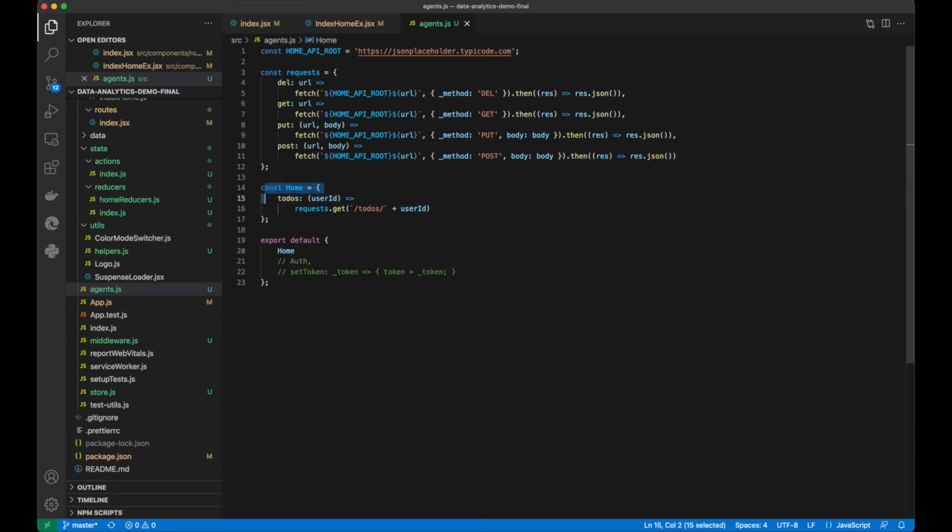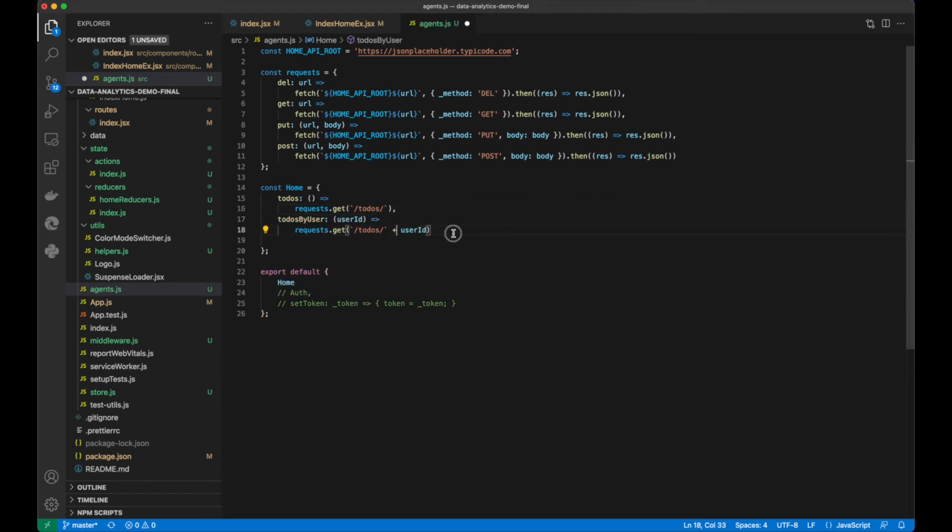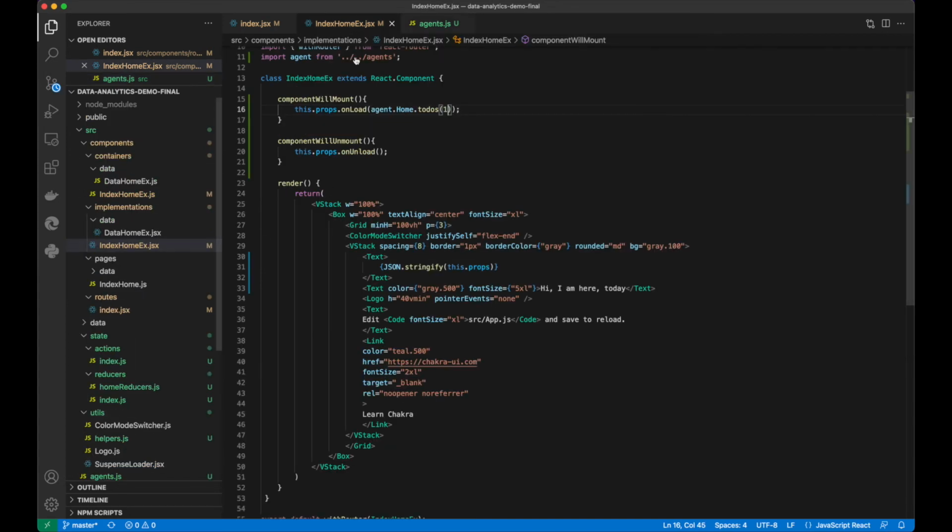Or if we can change this to... So here we have two functions, to-dos and to-dos by user. So a user ID can be made, and here we have a call which can make,